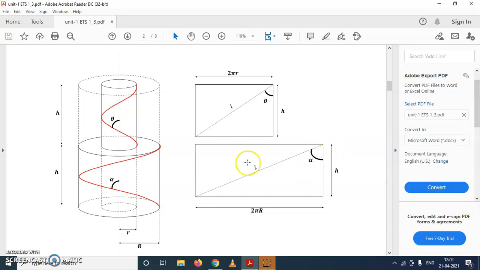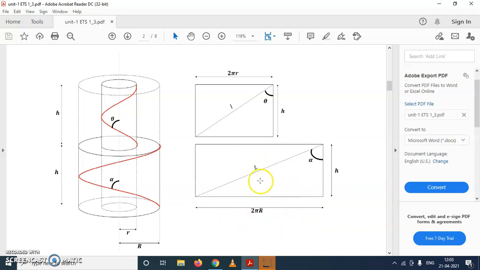Now this h is the length of the yarn for one turn of twist. So basically it is the inverse of turns per centimeter. What is h? h is the inverse of turns per centimeter. Now what is the relation between these three parameters? If we say this is tan alpha, then tan alpha we can write as 2 pi r upon h. Or we can say, since h is the inverse of turns per centimeter, tan alpha is equal to 2 pi r into turns per centimeter.